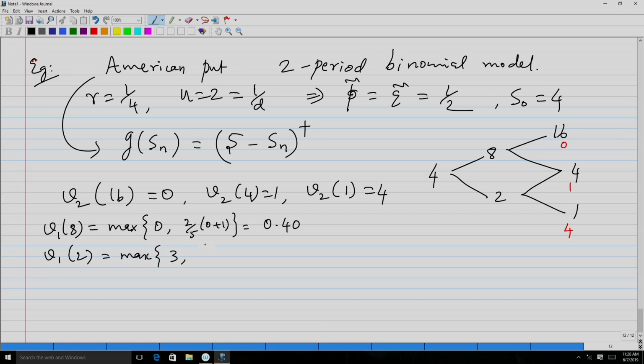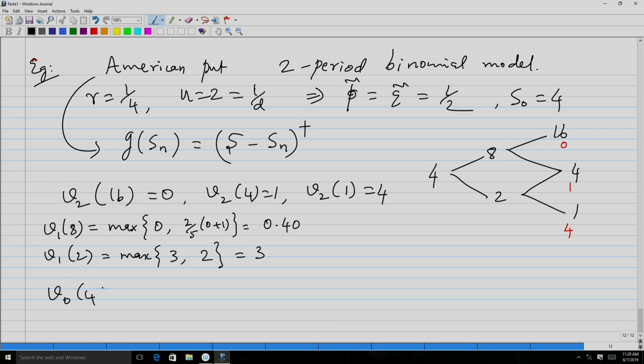this part again will turn out to be 2, between 1 and 4. If I sum it up and then multiply by 2 by 5, then I will get 2. So, 3 is the maximum. Okay, next step also we will compute and then we will see.